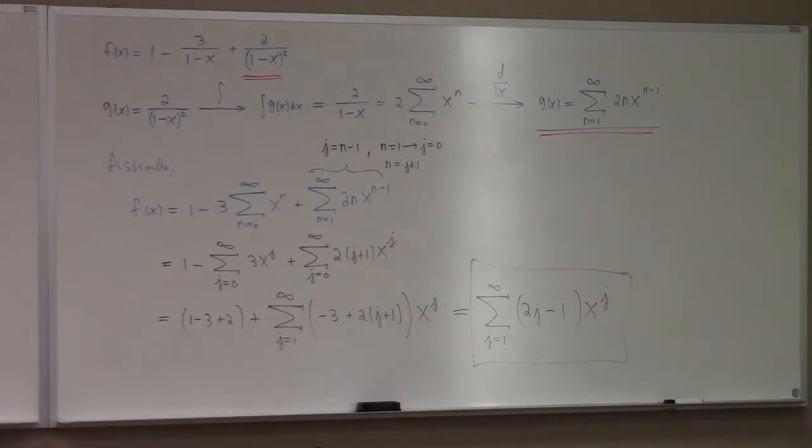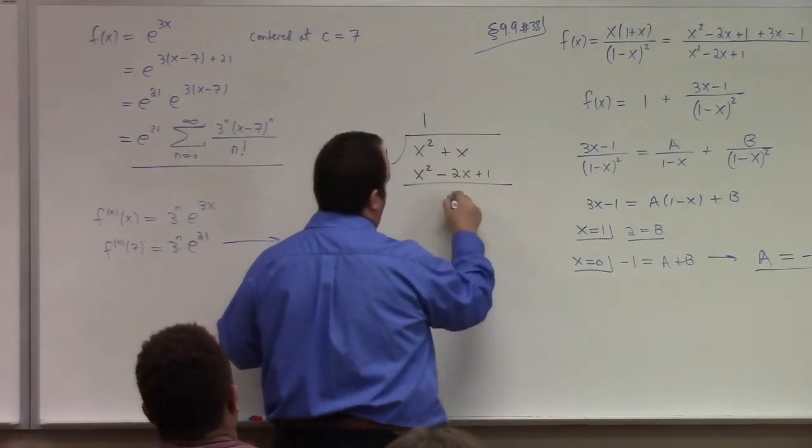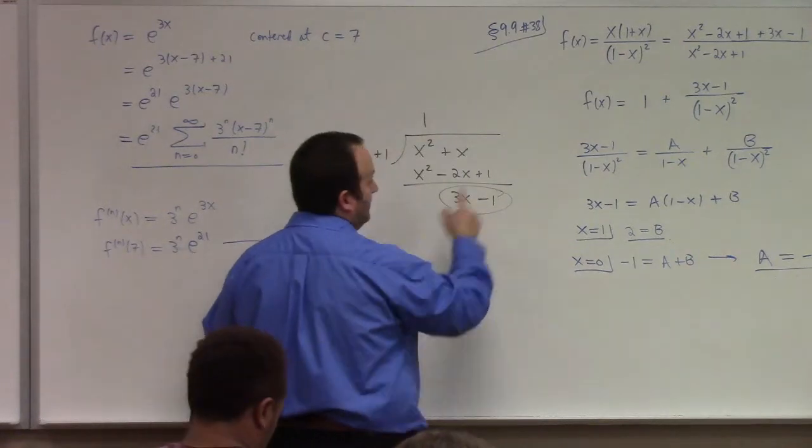So let's see here. x squared minus 2x plus 1, right? Yeah. So 1. Remainder, which is